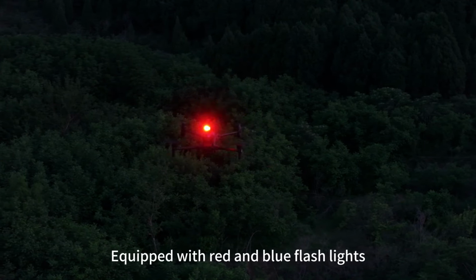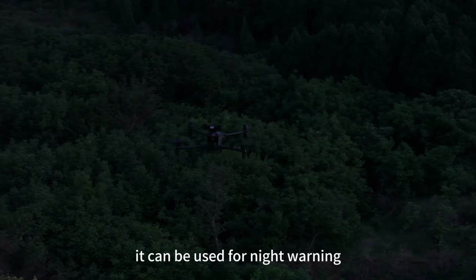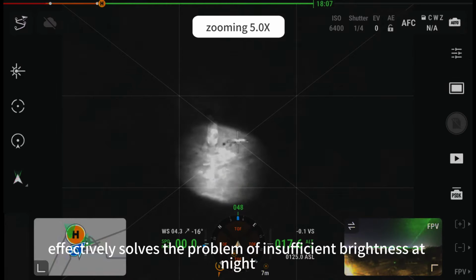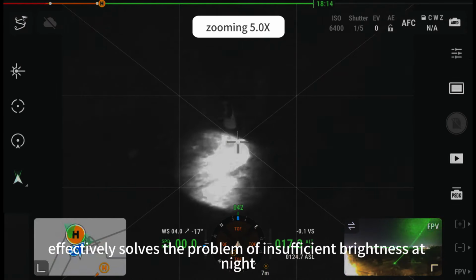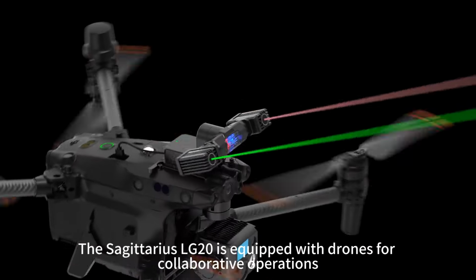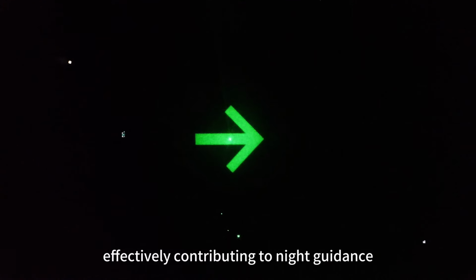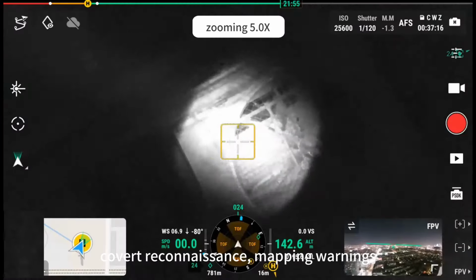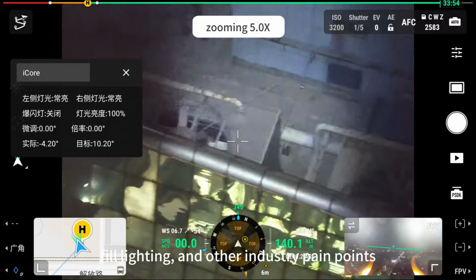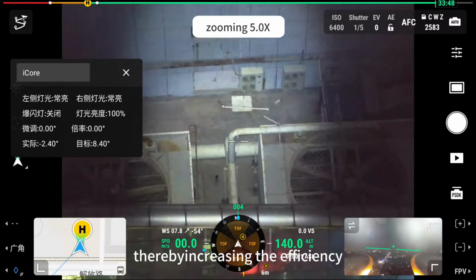Equipped with red and blue flashlights, it can be used for night warning. The built-in infrared field lab module effectively solves the problem of insufficient brightness at night. The Sagittarius LG20 is equipped with drones for collaborative operations, effectively contributing to night guidance, covert reconnaissance, mapping warnings, field lighting, and other industry pain points, thereby increasing the efficiency